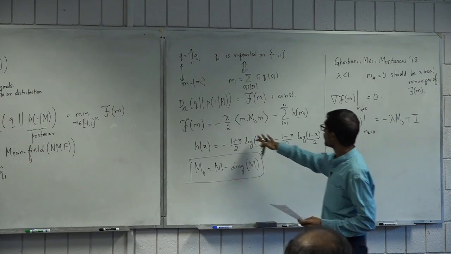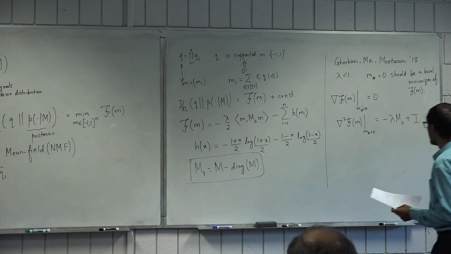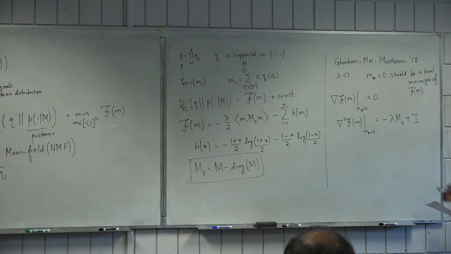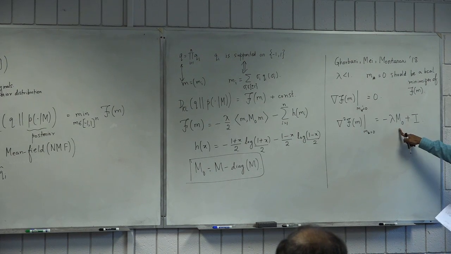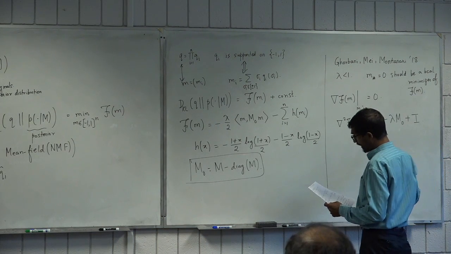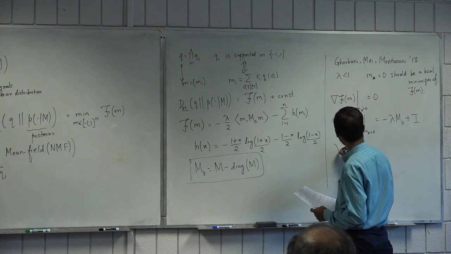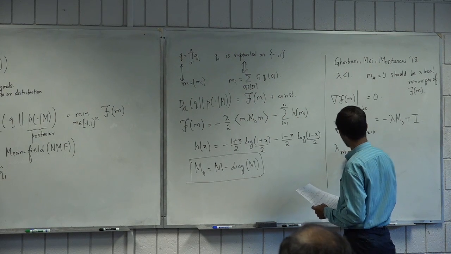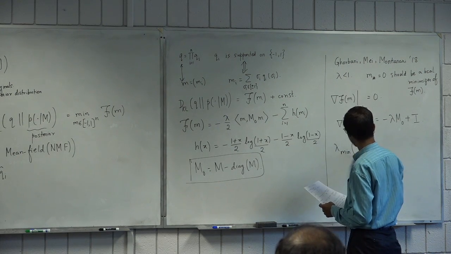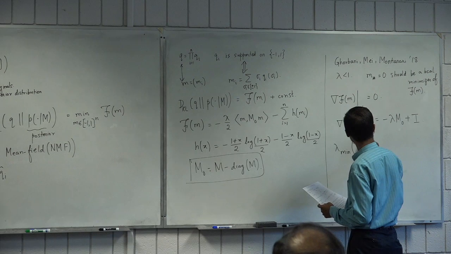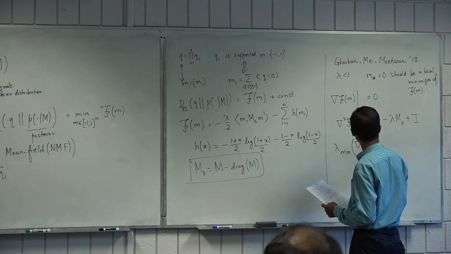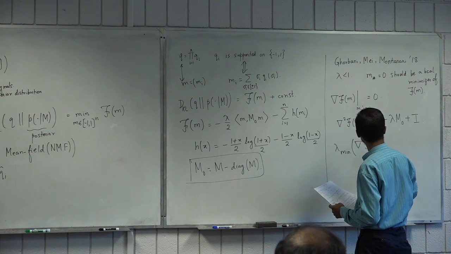I just took the Hessian here. We can analyze this matrix really well, because M_0 is basically our spiked Gaussian matrix. We understand its spectrum really well. So it turns out that if you look at the lambda min of the Hessian at m star equals 0,